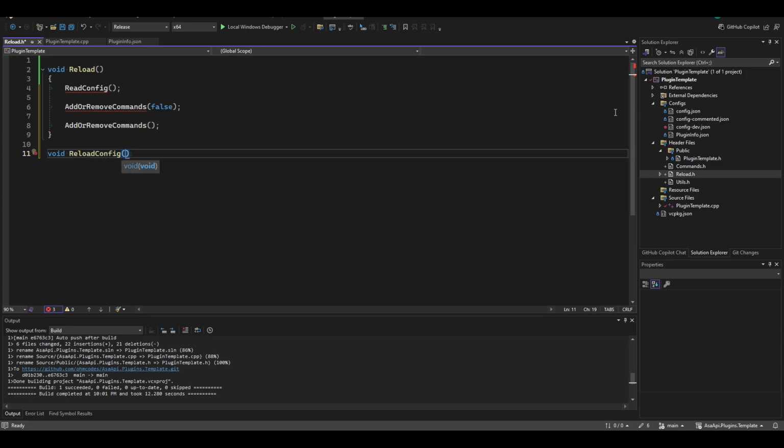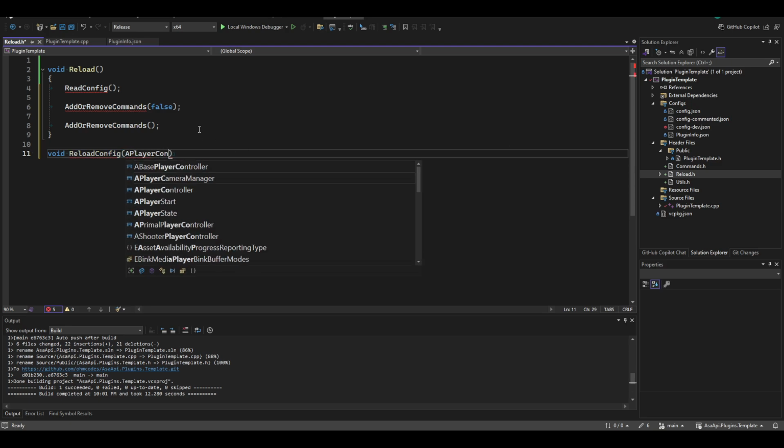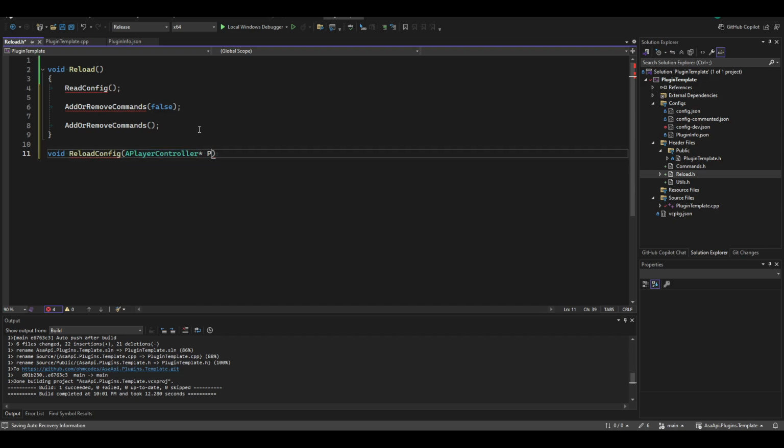Because if in your config, let's say you change the command from slash test to slash test1, then you need to reload the config. So reload config, a player controller, maybe PC to make it. Then we're not using the other parameters. Can just leave it like that because this is the callback